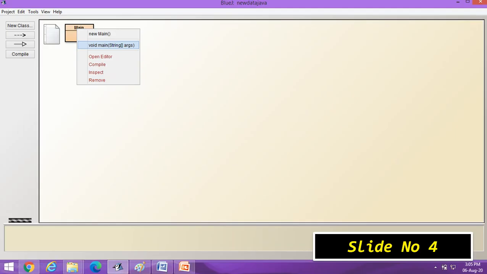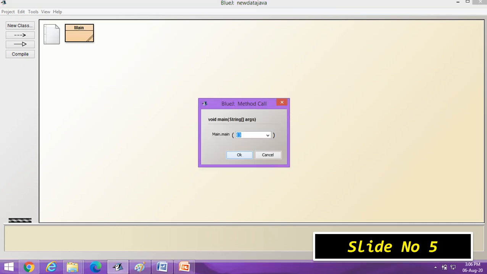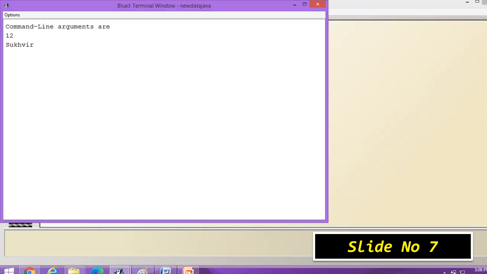Then right click after writing the program, void main. Then this window will appear and you can pass any number of arguments, and after clicking OK you can display these contents on the output screen, 12 and Sukhveer, whatever is written inside that argument.